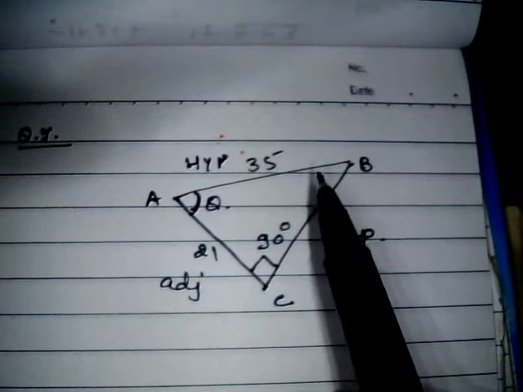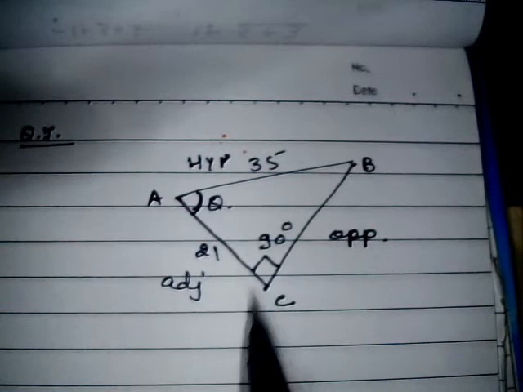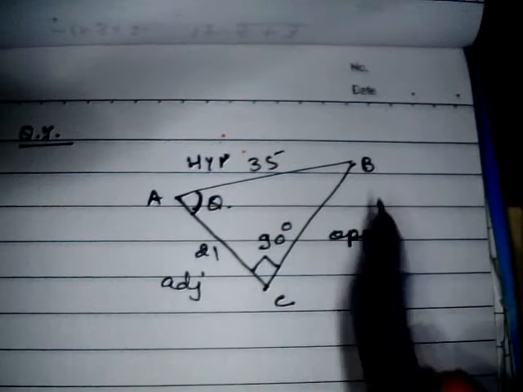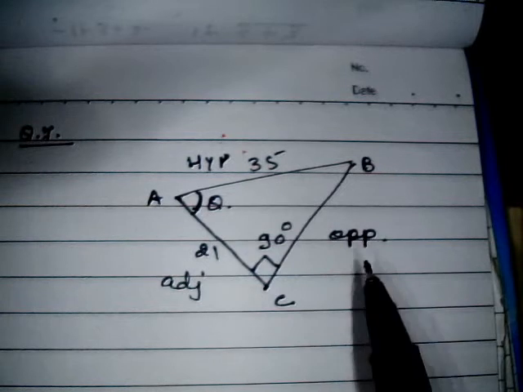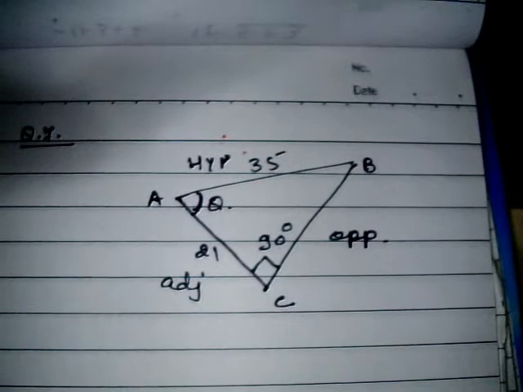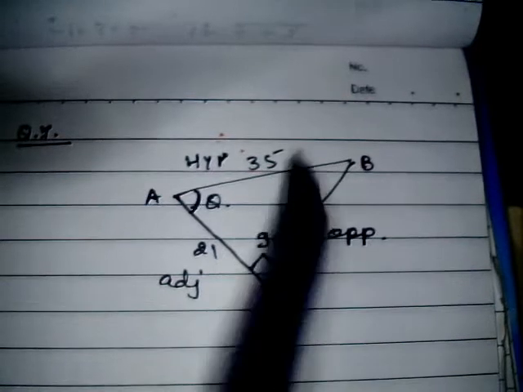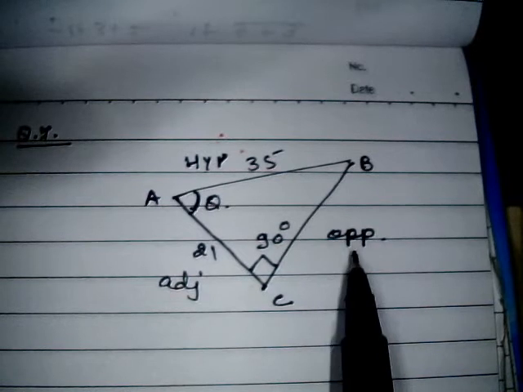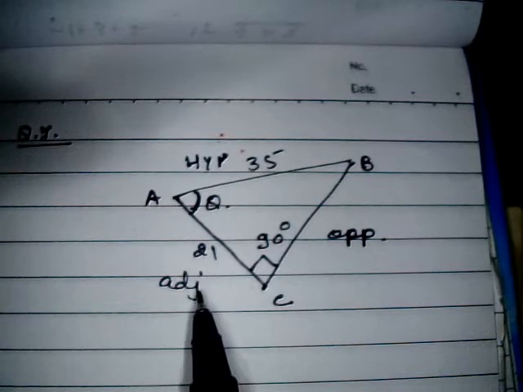After deciding that, over here the hypotenuse is given and one side, either adjacent or opposite, is given, and you need to calculate BC. When the hypotenuse is given and one side, either opposite or adjacent, is given and you need to calculate the other side, then instead of applying any formula, always take the hypotenuse square minus the adjacent or opposite, whatever is given. You need to subtract either adjacent or opposite, whatever is given, from the hypotenuse.